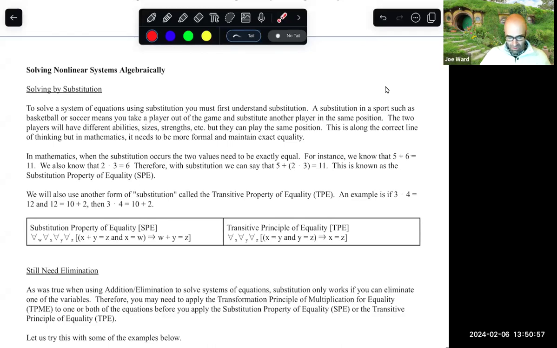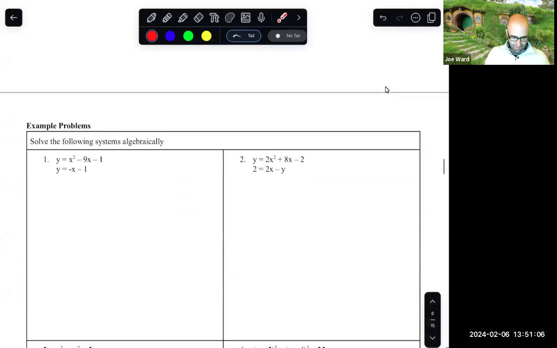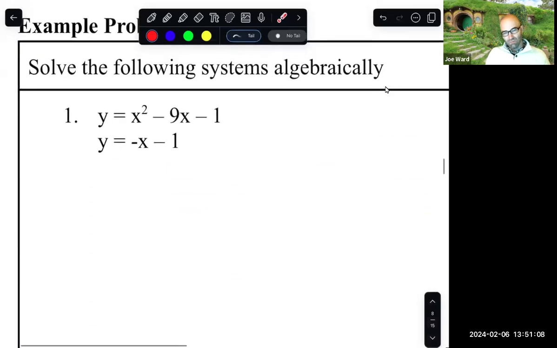Okay. However, when you use these things, you're still going to use addition or elimination, because it does no good for us to do a substitution if we don't remove one of the variables. And we'll show you that in this equation here, right? It does us no good to find out what x is and put it into the equation there if we can't get rid of y, or vice versa. Okay, so we need to somehow be able to eliminate a variable, and this is going to work in this case